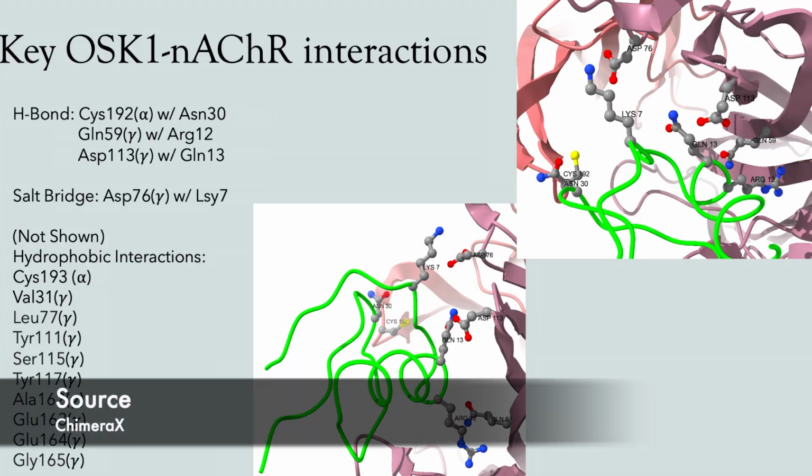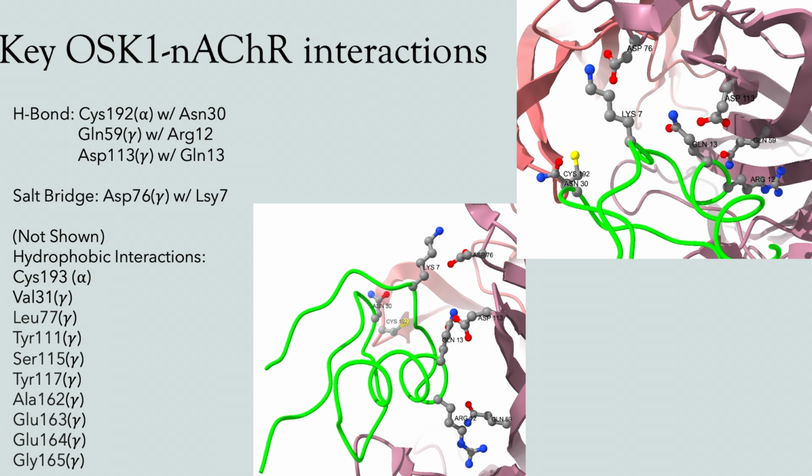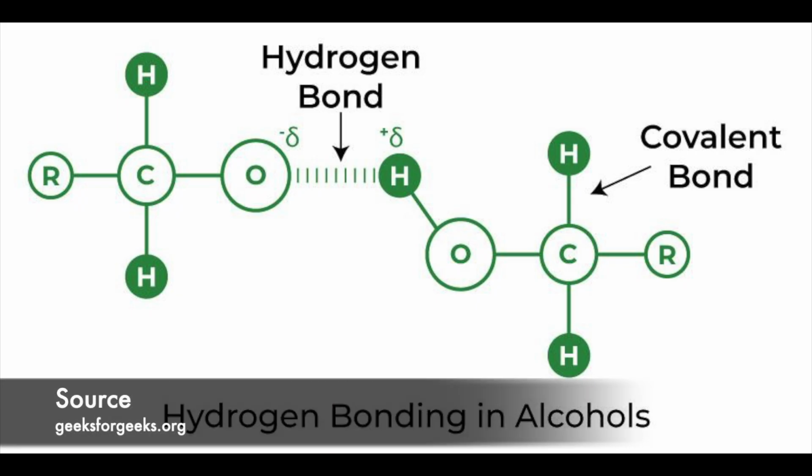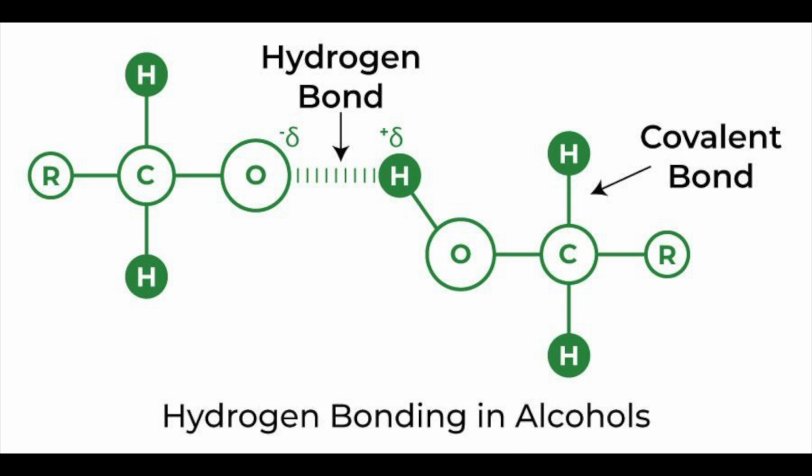So looking at this here, we can see that there's three different hydrogen bonds, which, just to jog your memory a little bit, hydrogen bonds happen when you have a more electronegative atom which is pulling on the electrons of something that's less electronegative than it. So for example, oxygen, nitrogen, and sulfur bound to carbon, they all have a higher electronegativity, so they're going to pull those electrons closer to themselves and have a partial negative charge, meaning that when you have water going around,